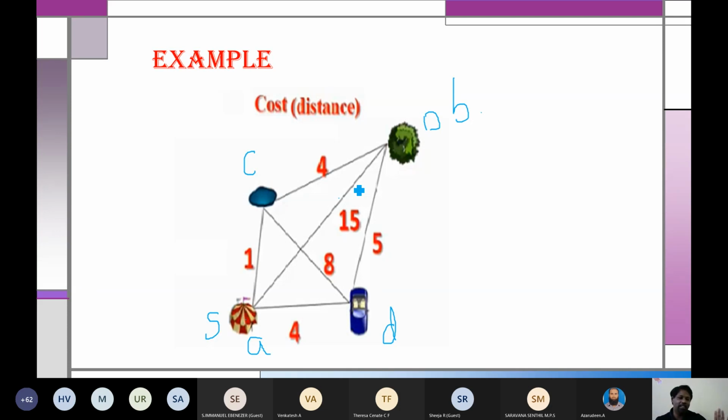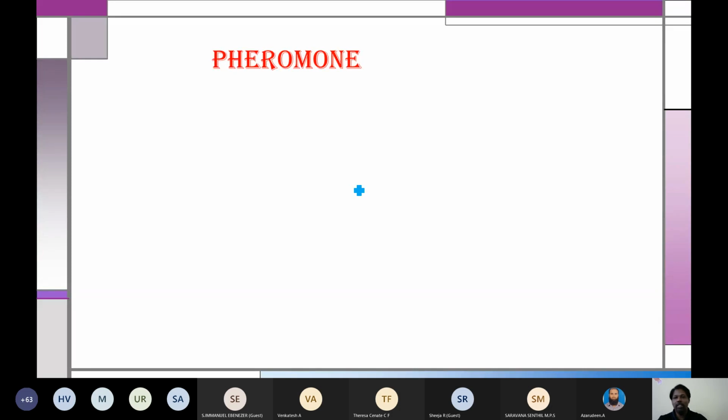I can choose any path. So let's see how to write the equation for such an example. The same thing you will be writing for your own application. First of all, how pheromone content is written mathematically, that is important. Because whatever I was saying, everything is working with respect to pheromone, right? So how to put it mathematically, we'll see now.